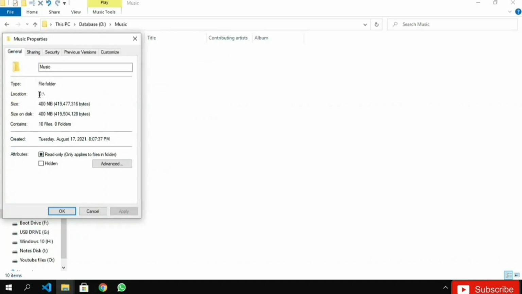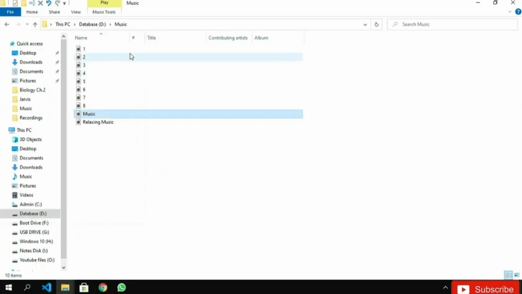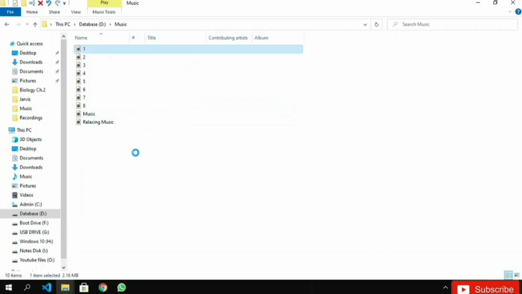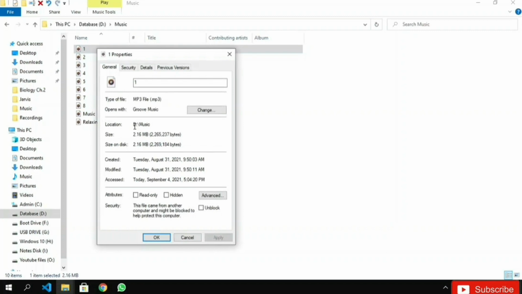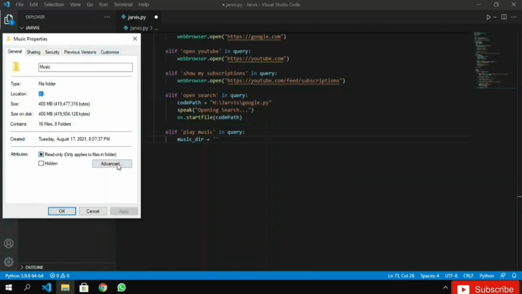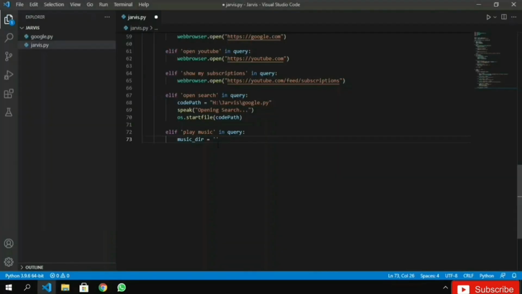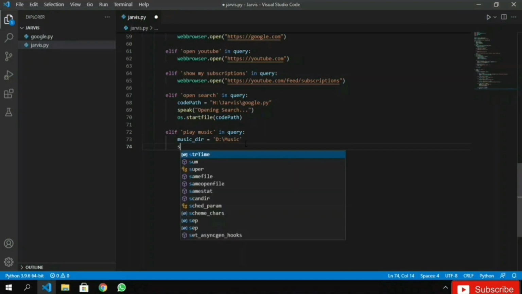Now here instead you can right click on any file and click on properties. Now here you will see d/music. Now copy this one and paste here. Now click enter and type songs